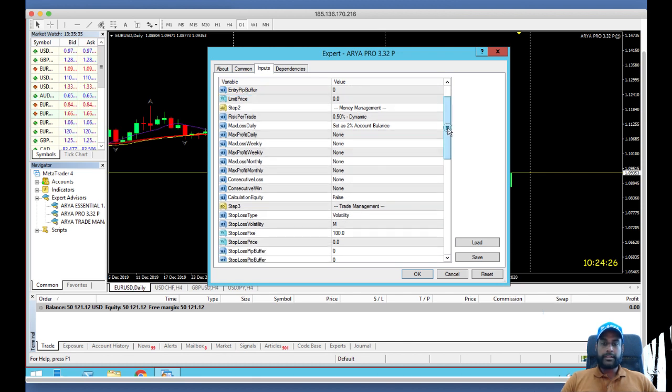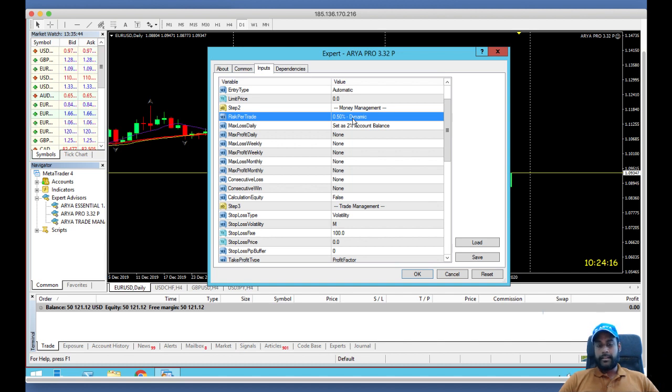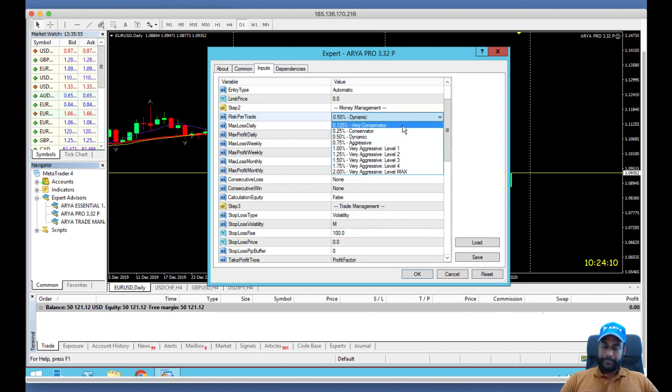Now we are moving directly to step 2, money management. So this is where the magic happens. We have to define the risk we will take on this trade. Am I going to put 0.5% of my capital on that trade? Maybe I want to be more conservative,